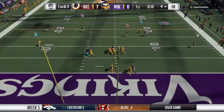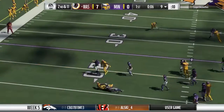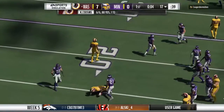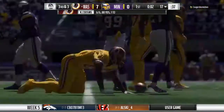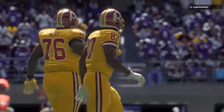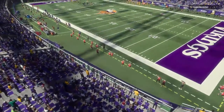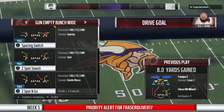Cousins now on 2nd down. Over the middle, it's complete. And able to break one tackle, but then quickly brought down. But a nice little gain. 8 yards on the completion, but now they face 3rd down. That was a nicely run slant route, and what the receiver's trying to do is make the defender think he's going upfield for a deeper...